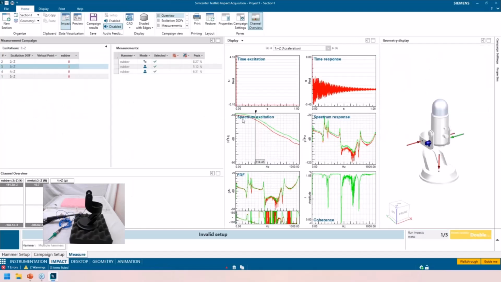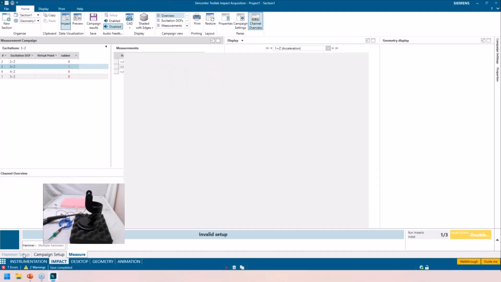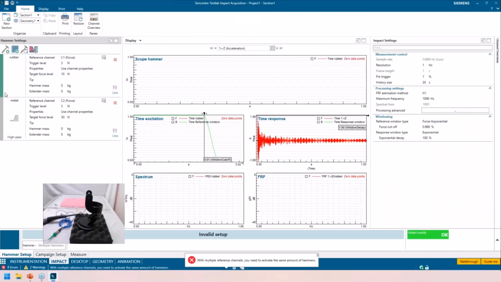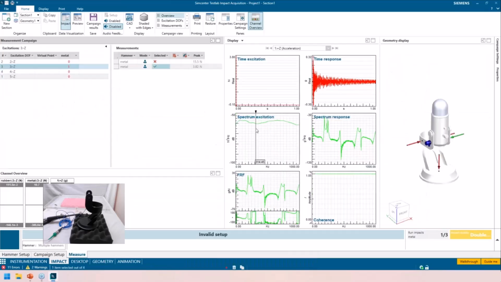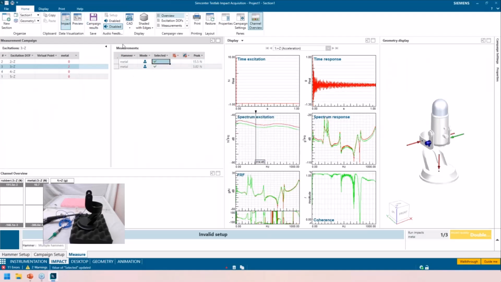I can go back to measure. My test has changed. You can see that here. And I can hit save. And I'm going to save this one as rubber only. I'll click OK. Now, just for fun, I can turn this one off and come here and put none. Go back to measure. This will adjust again, and then I'm going to say save. And actually, I'll turn this one back on, otherwise it's one average, and that's not really great. Metal only. Okay, and I'll hit save. Oh, I already hit save.